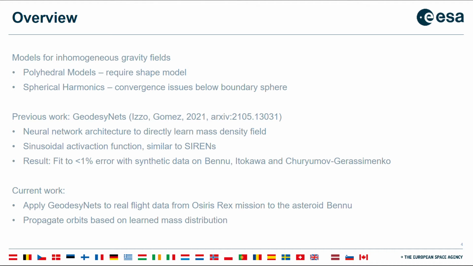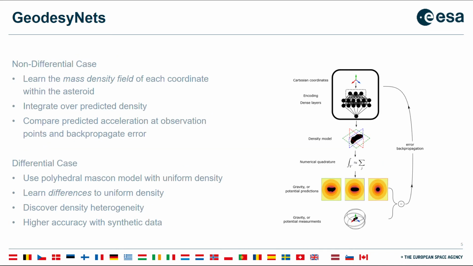But this was synthetic data, and now our current work is to apply these GeodesyNETs to real flight data from the OSIRIS-REx mission to the asteroid Bennu. And since we don't have a ground truth of its mass density field, we propagate orbits as a method of validation based on the learned mass distribution. So GeodesyNETs